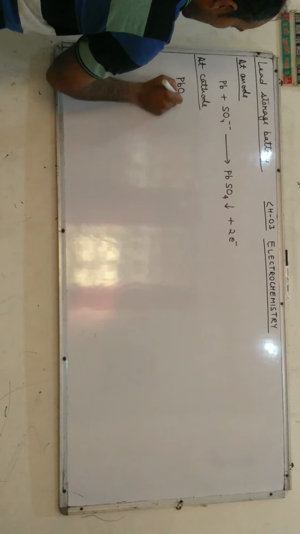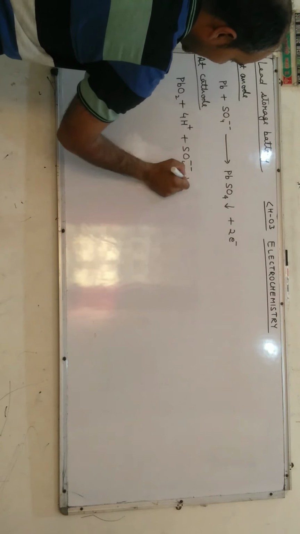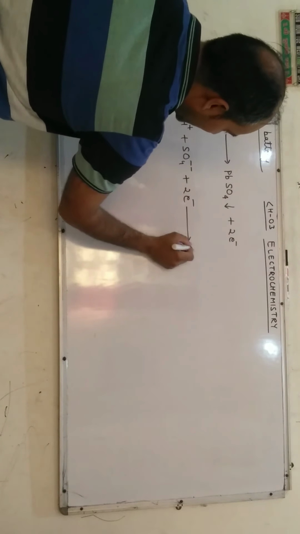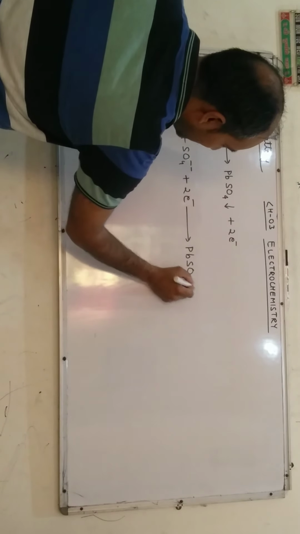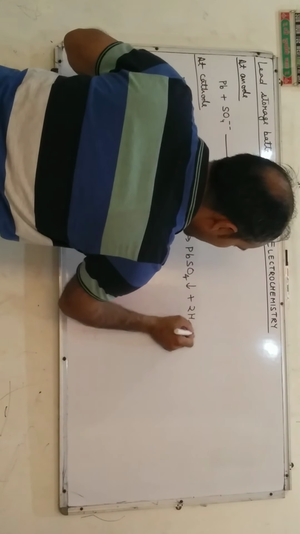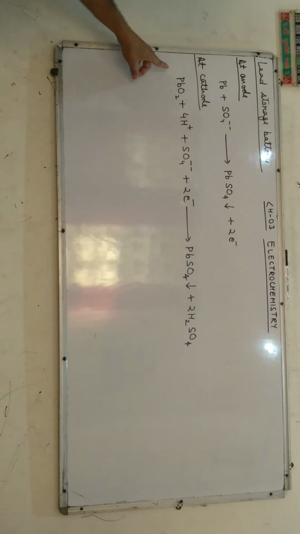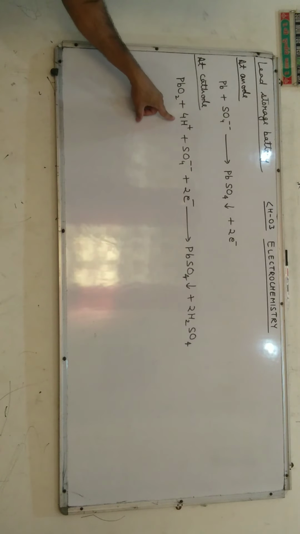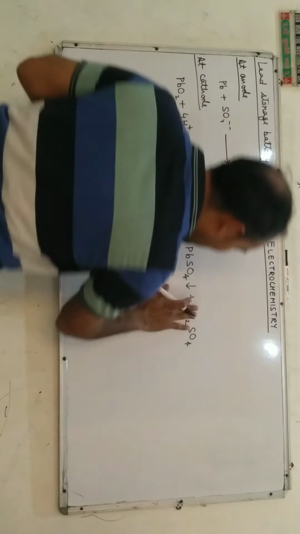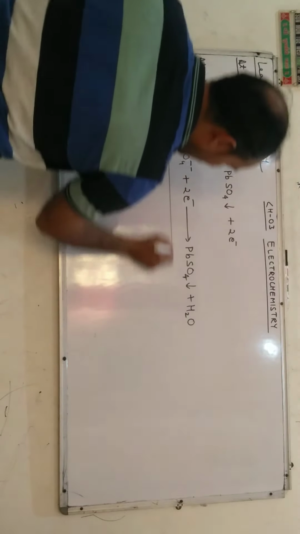At cathode, lead oxide combines with H positive ions along with sulfate ions and 2 electrons to give again lead sulfate precipitate along with water. In overall reaction